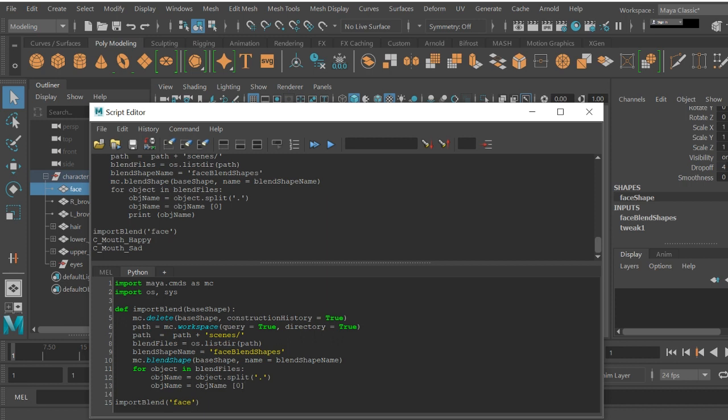Okay, so now we need the file path. Because we have the path to the directory we need, but we need to get the specific file path that each file is attached to. So it's going to be equal to path